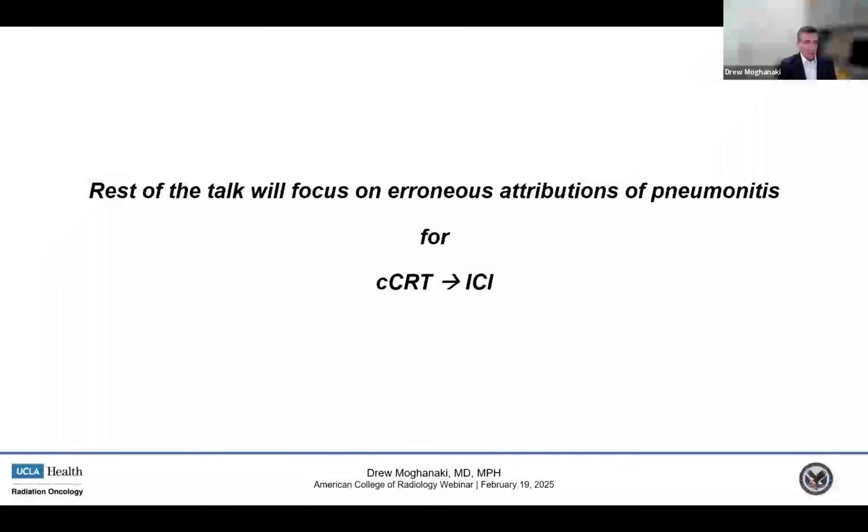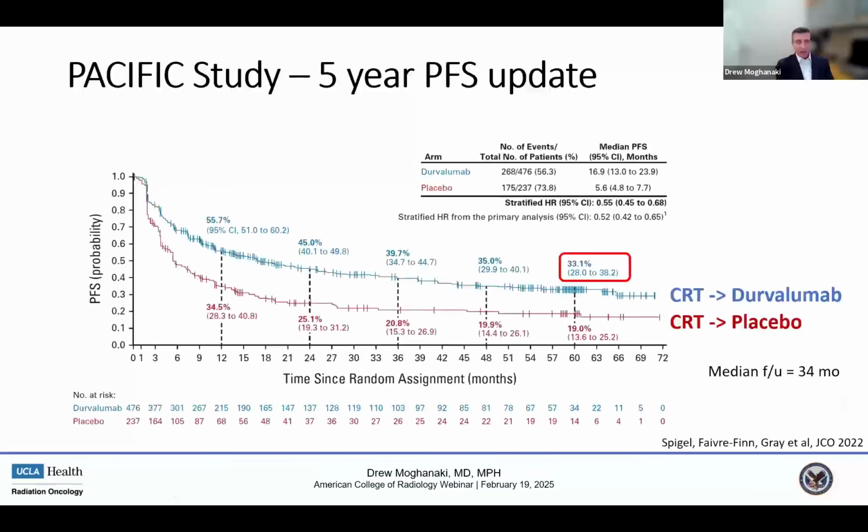So as mentioned, for the rest of the talk, we're going to transition over to the erroneous attributions of pneumonitis for locally advanced lung cancer. I would assume again that everyone attending this webinar is aware that the standard of care for stage 3 lung cancer is basically a 14-month journey of chemoradiation followed by a year of durvalumab. We have excellent long-term outcomes, and you can see here an independent review. The progression-free survival is 1 in 3, never needing any more treatment after starting